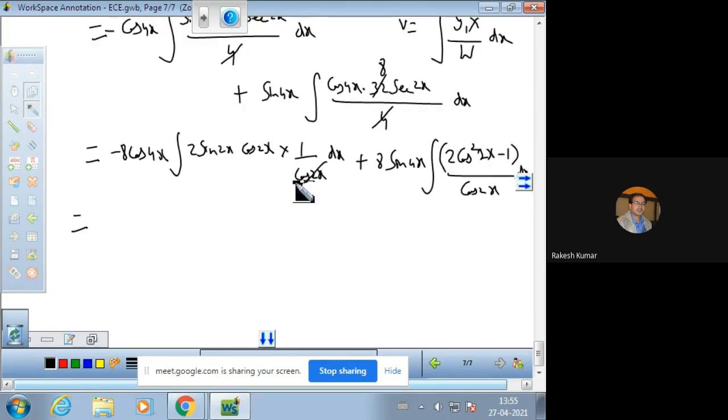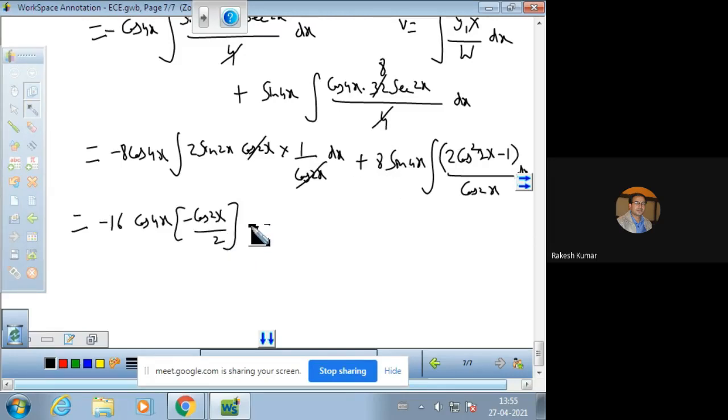Now cos 2x has been cancelled. 2 8s are 16. Cos 4x, integration of sine will be minus cos 2x over 2, and on this side